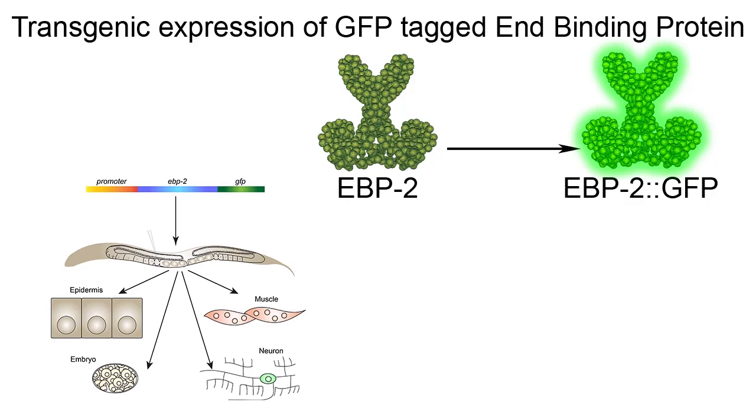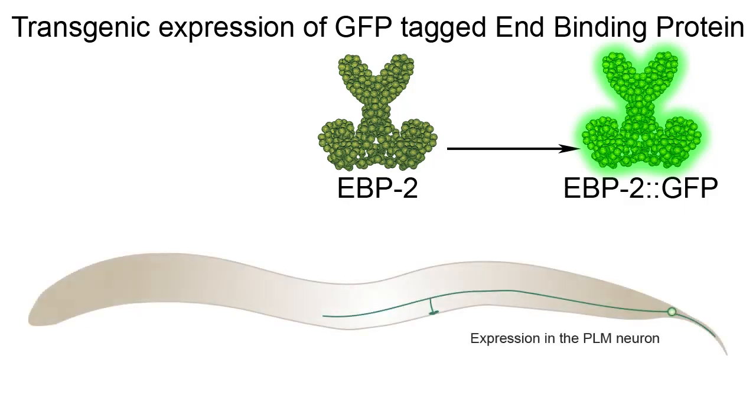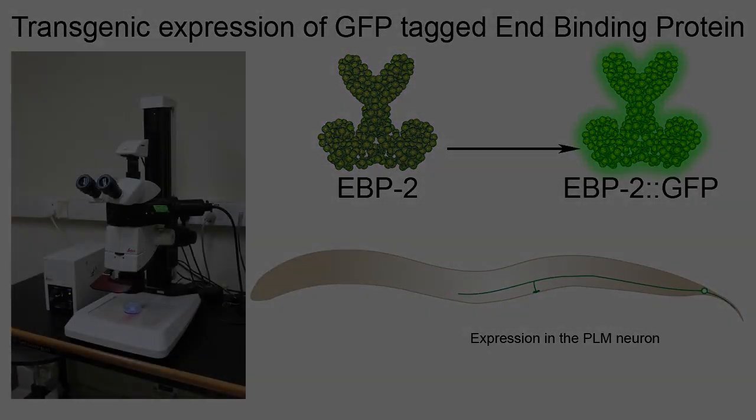For expression in the PLM neurons, this transgene is expressed under the MEC4 promoter. These transgenic worms can be viewed under a stereo